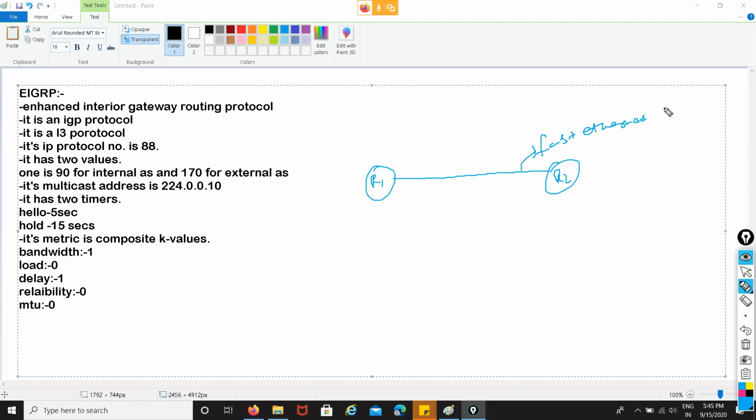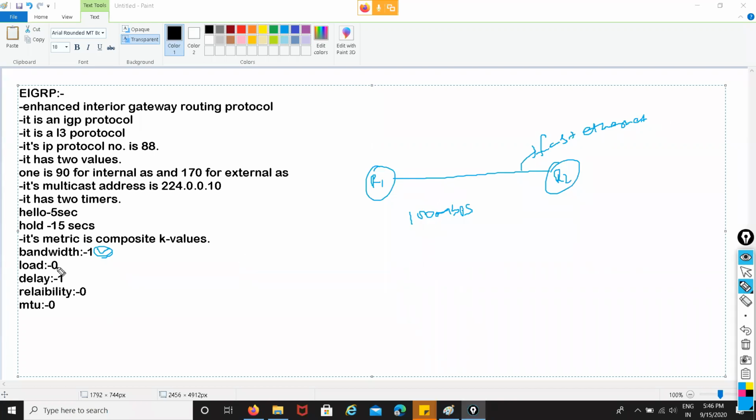So Fast Ethernet means that the capability of data sharing of this cable is 100 Mbps, which is known as its bandwidth as well. Bandwidth means the capability of the link, what is the amount of data that that particular cable should be able to negotiate from one device to another.